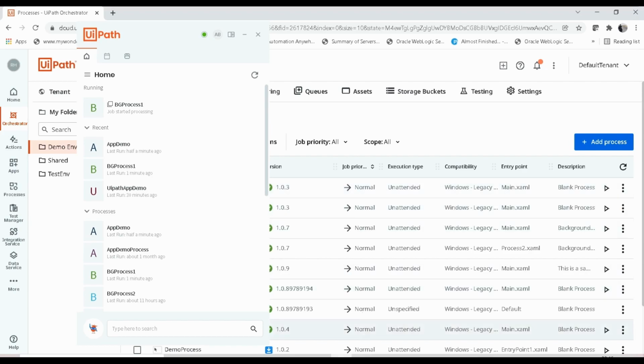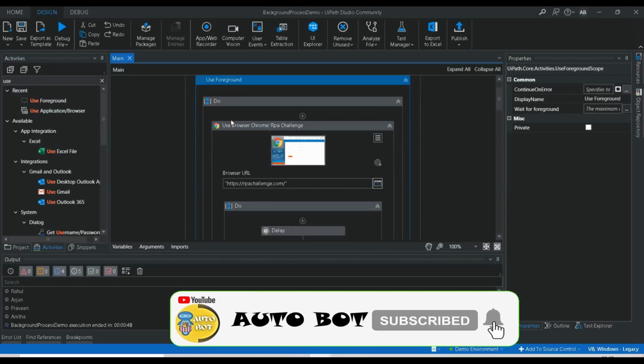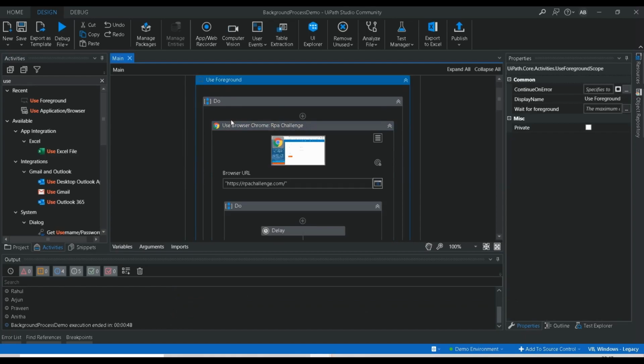Okay, so hope you are clear about the usage of this use foreground activity, how we can execute multiple background processes along with a foreground process, and what will happen if you try to execute two foreground processes at the same time. So just try to do this kind of practicals on your machine to get more clarity on this concept, like how to execute background processes and how to use foreground to convert your background process to a foreground process.